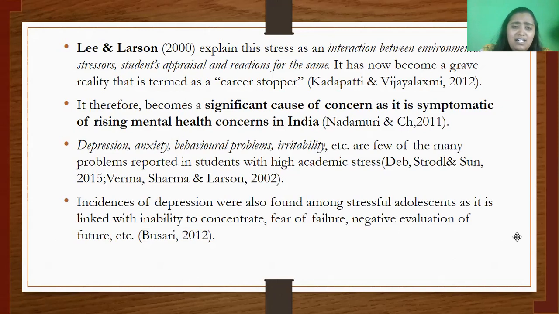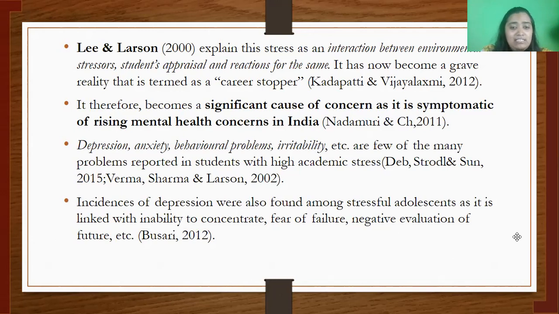So one of the major health concerns today, if you say, is stress, because it leads to a lot of mental health and physical health problems like depression, anxiety, behavioral problems, irritability. All of these are problems you see in students, especially because of the high levels of academic stress that they are experiencing. So incidences of depression is quite common when you see it in relation with stress in students,